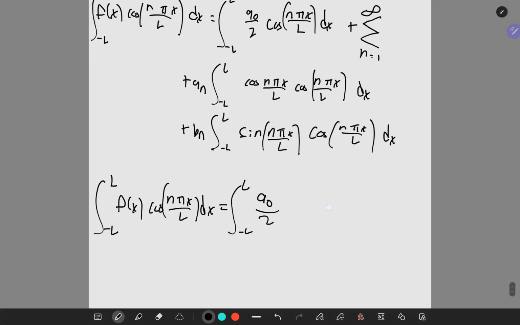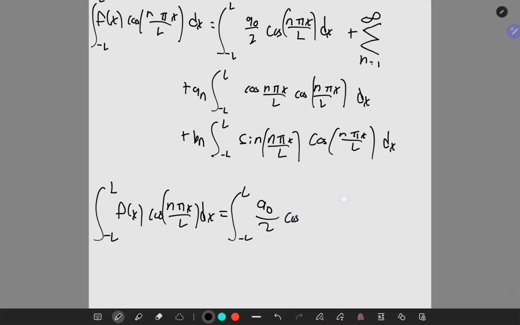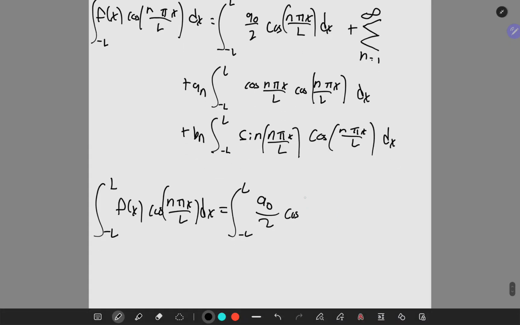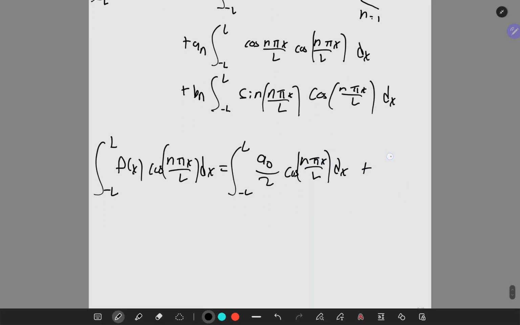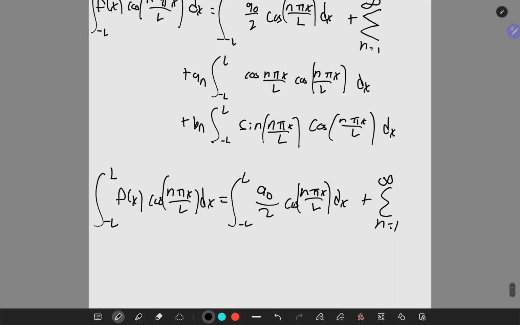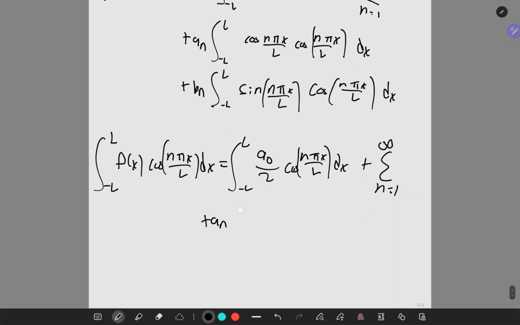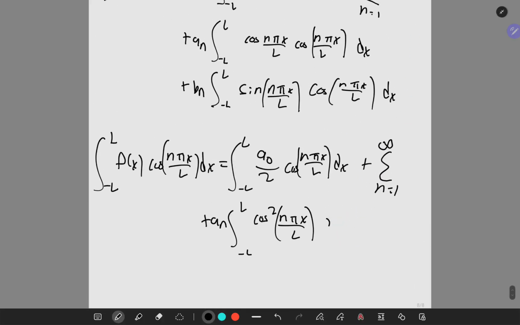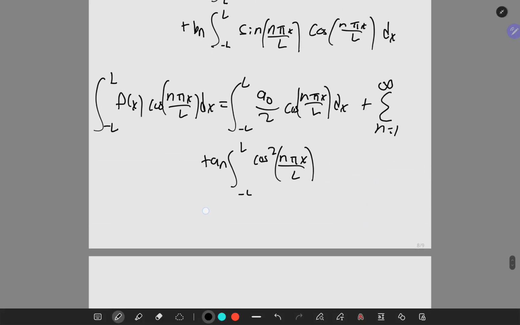A naught over 2 cosine of, plus the summation n equals 1 to infinity of a_n integral from negative L to L. This would now be cosine squared n pi x over L plus b_n integral from negative L to L. Oh, that wouldn't simplify. Well, this one would be cosine squared. This one over here would be